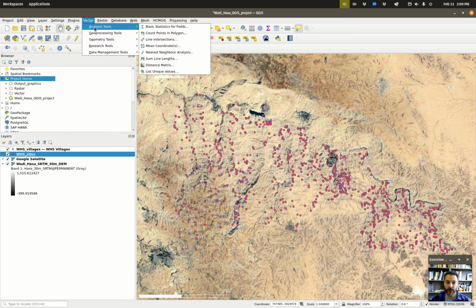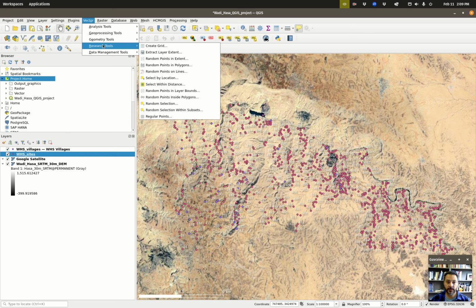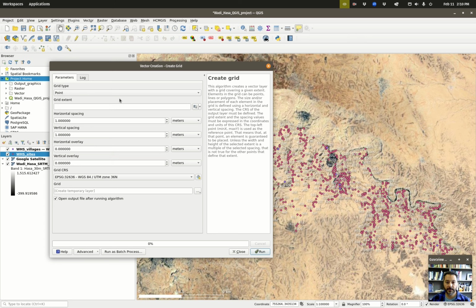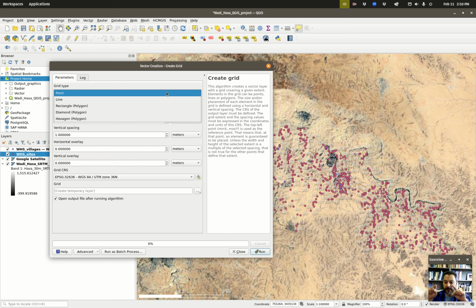and you'll notice that we have a few different submenus. What we're going to do is go down to where it says Research Tools and pick the one that says Create Grid. Now, I do encourage you to explore some of these other ones, like creating random points in different places. But for now, we're going to click the Create Grid. And we can create several different grids. A grid of points, a grid that's just lines, a grid of rectangular polygons, a grid of diamond-shaped polygons, or